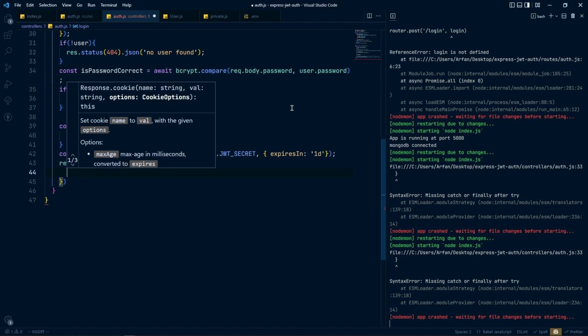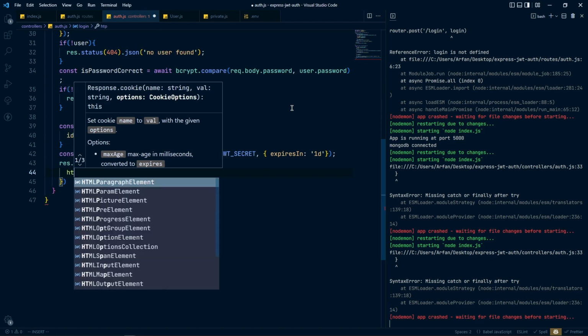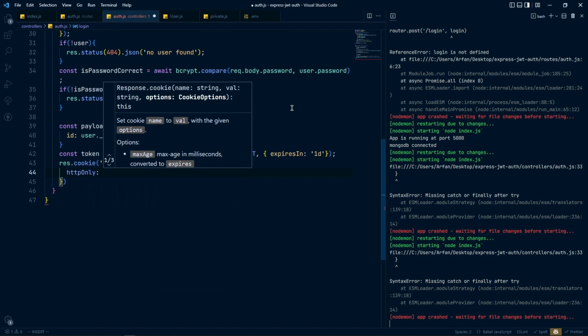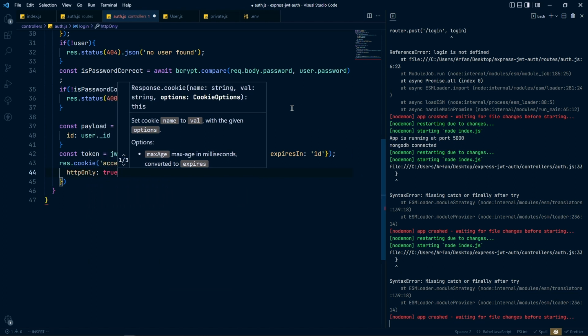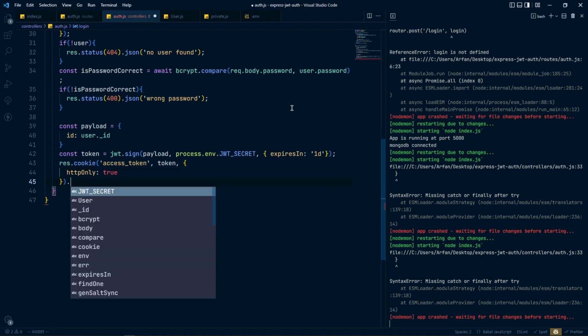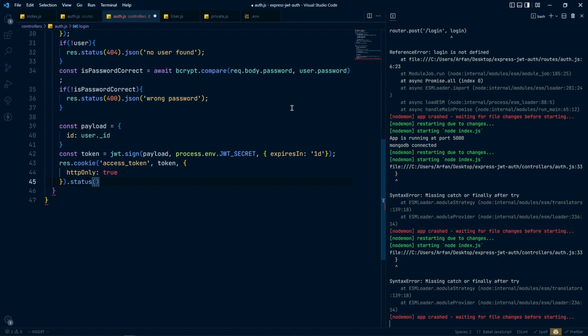The most important option that we need to add here is httpOnly. So httpOnly will be true, which means this cookie can be accessed by the server only. After that we say the status for this response will be 200, which means success, and after that json,